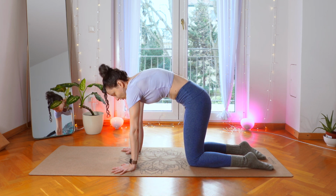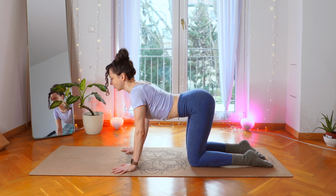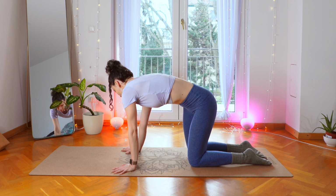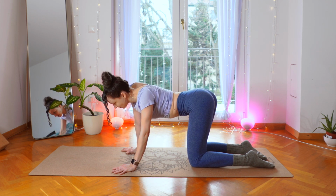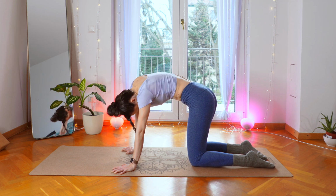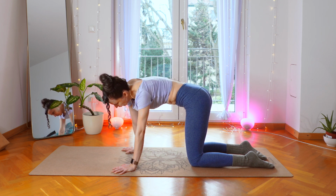You can do any kind of variation of cat-cow actually. It doesn't really need to be just back and forward or front side, back side. It can be also side body. It can be moving the spine in circle, bending the elbows, changing directions, any kind of movement,